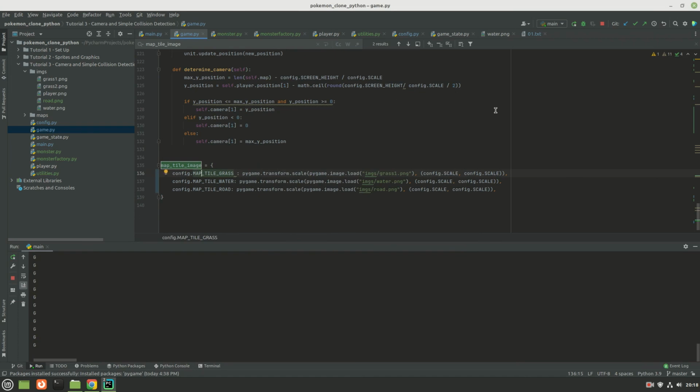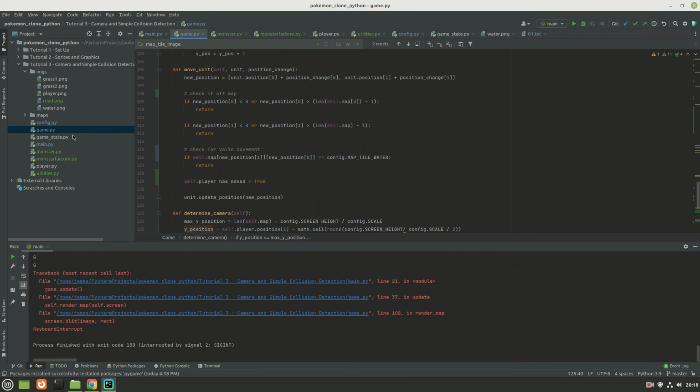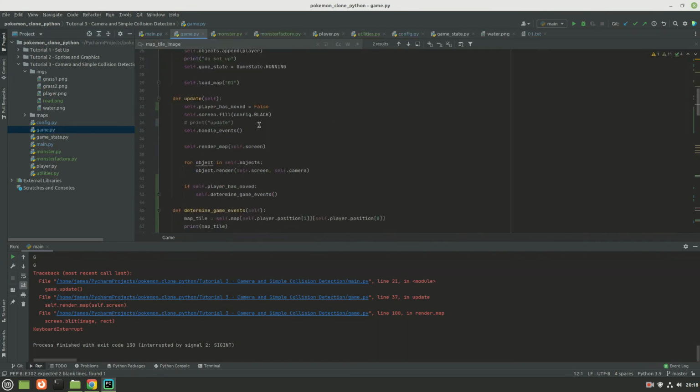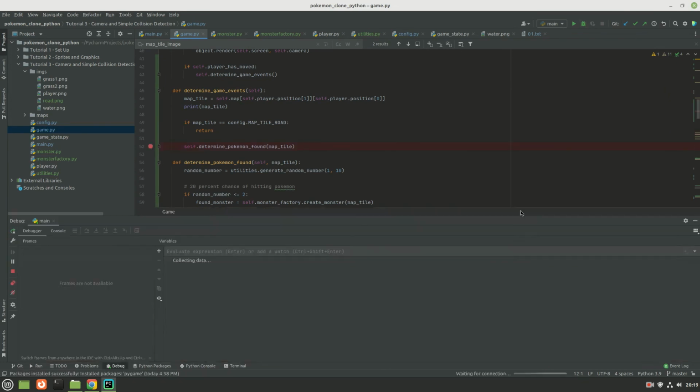Let's add in our breakpoint and that should tell us. So first we're going to find the place that we wanted the breakpoint. That's going to be in our game. It's going to be up in those new methods that we added. So basically we can put a breakpoint there and then hit the debug.